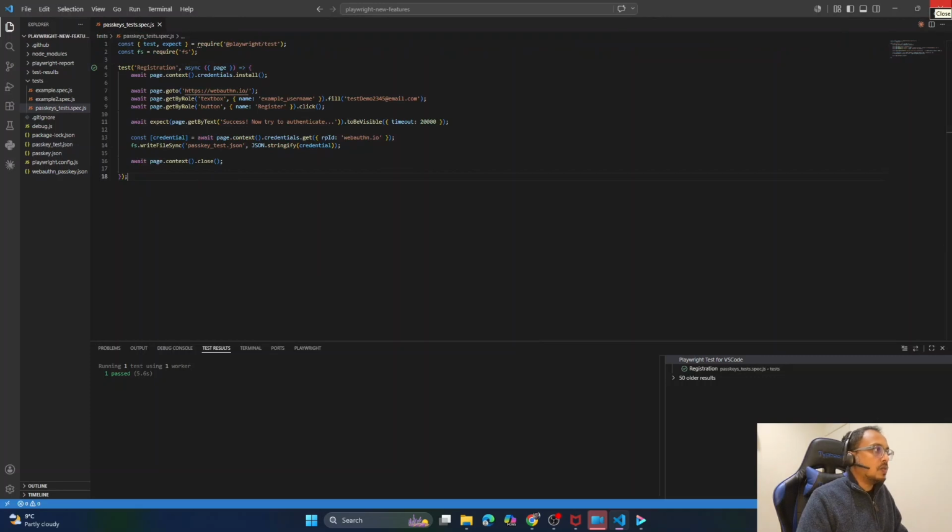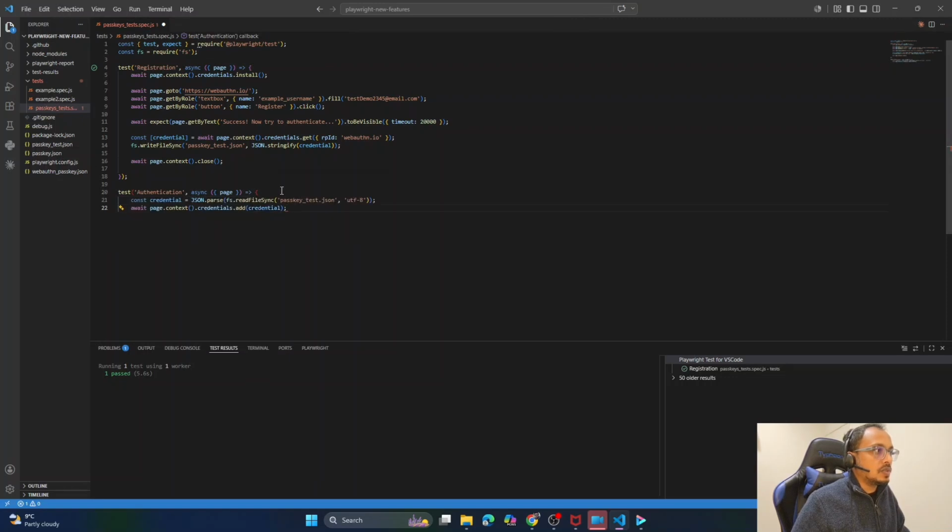So now we have the passkey file. Let's try to seed it and use it in our authentication test. So let's create a new test. We are going to use this passkey file,